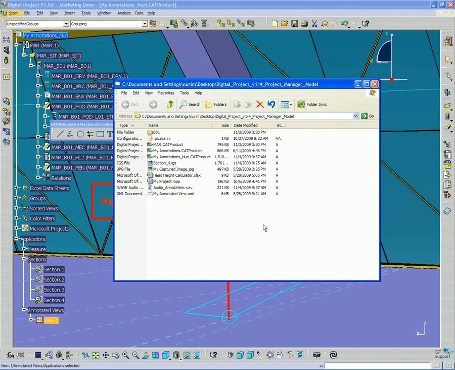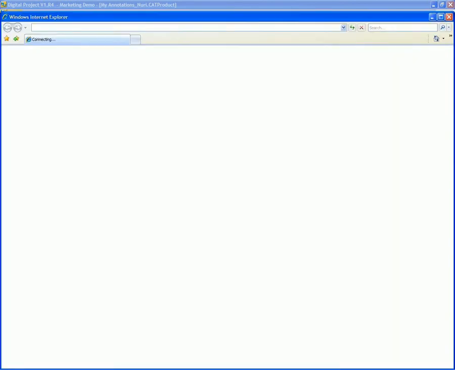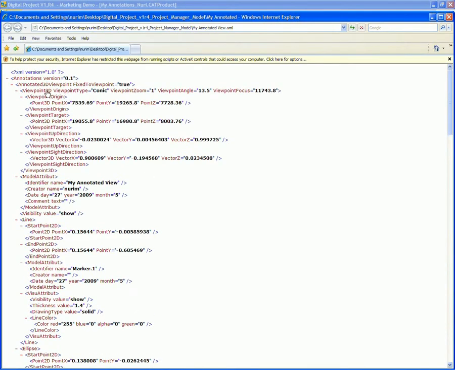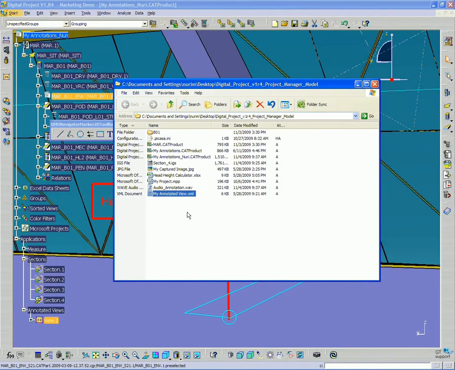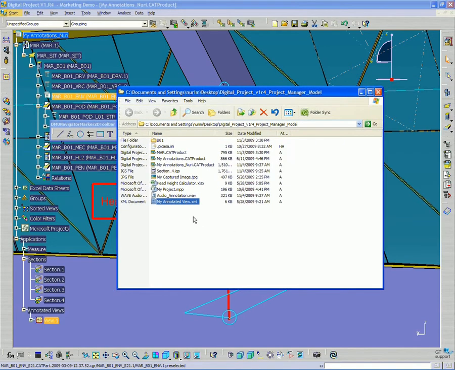So let's take a quick look at this XML file, just to point out what exactly is inside of it. It's basically just indicating the 3D viewpoint. It's saving the camera view, and then it's saving different lines and ellipses here. So all the 2D. Now the thing to keep in mind is that this file that we save only saves the